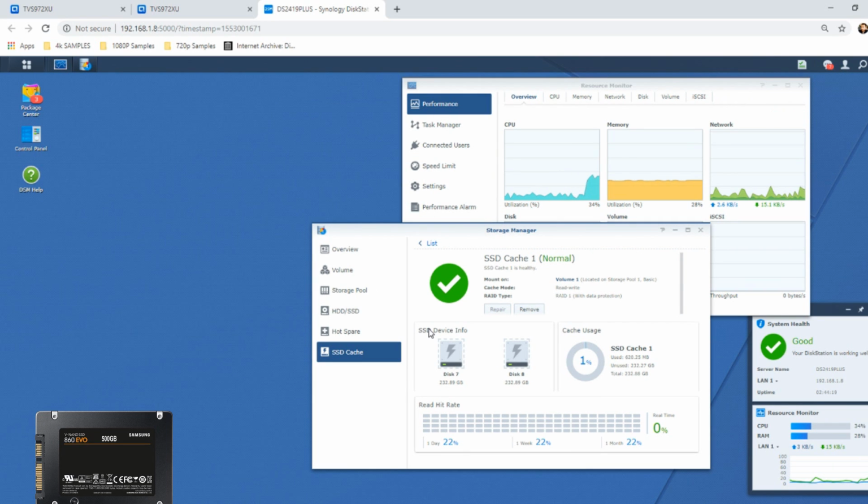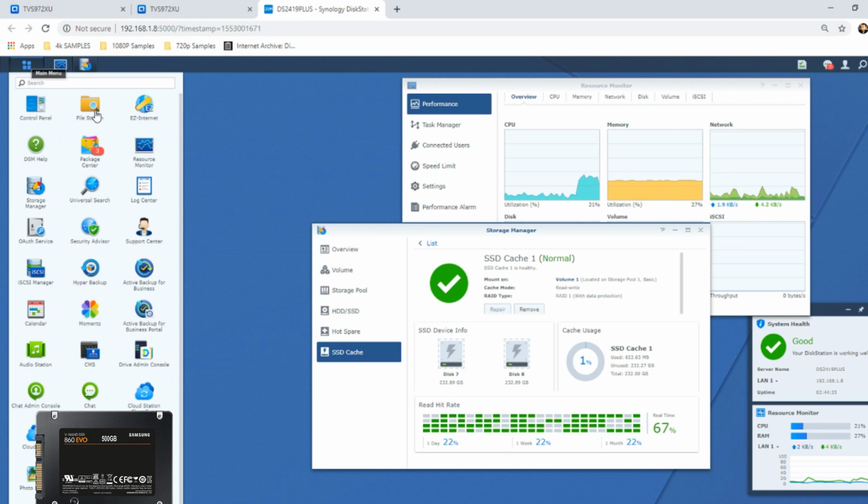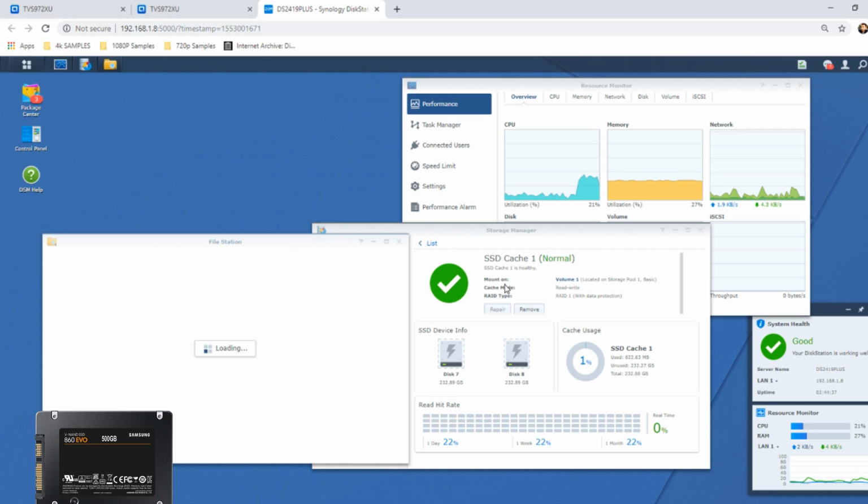Right, so we've got our SSD cache enabled. We've got the previous data already deleted and removed from the device entirely. So without further ado, let's see what the difference is with those 840 EVOs in read-write cache on this device supporting that single drive. We're going to repeat everything we did before, and you're going to be able to